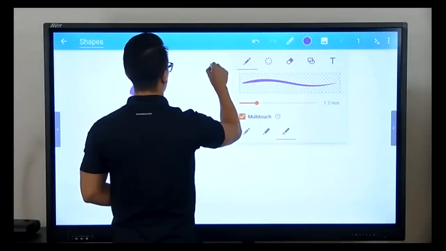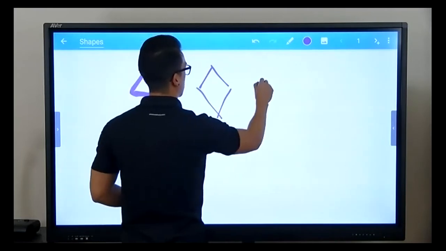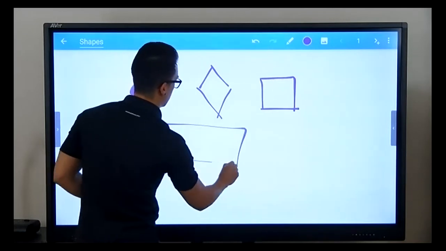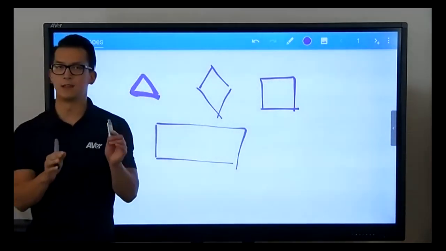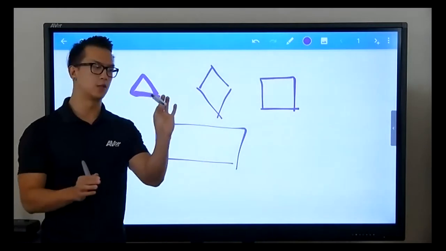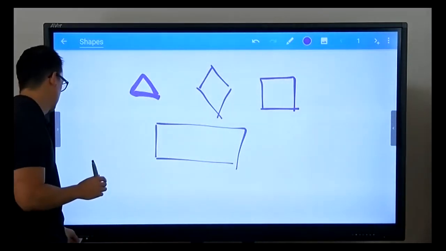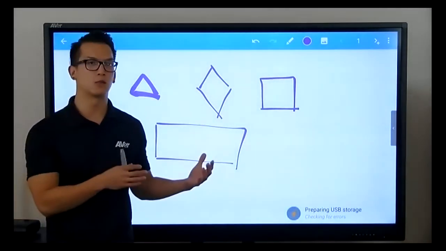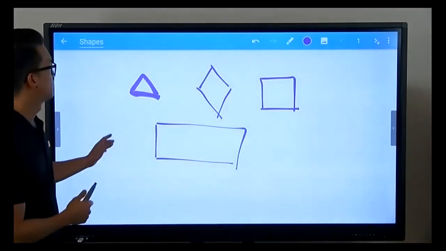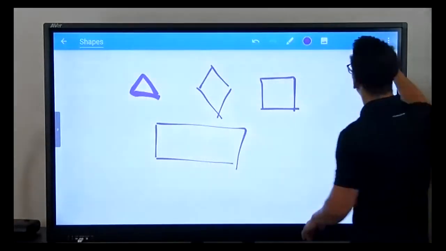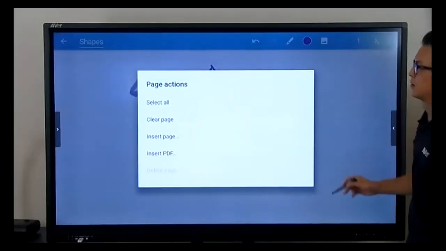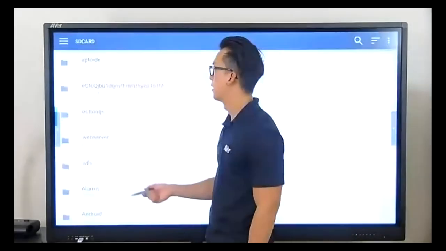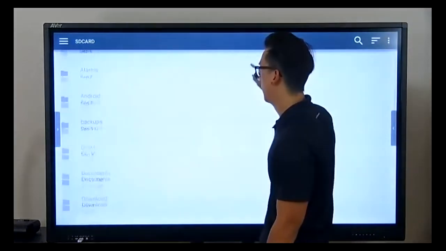So I got a triangle, a diamond, a square, a rectangle. And let's say I have some pre-built lessons already in my USB drive that I'll be bringing to class, and I want to use those previous lessons I created in this whiteboard software. So I just plug it in, and now watch this. I'm going to hold like this. I'm going to do Insert PDF, and I'm going to go through my card over here, my USB drive,